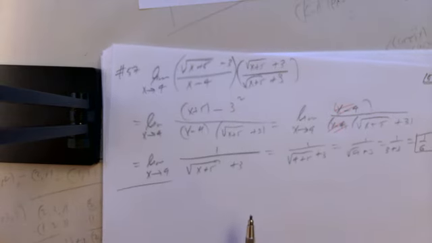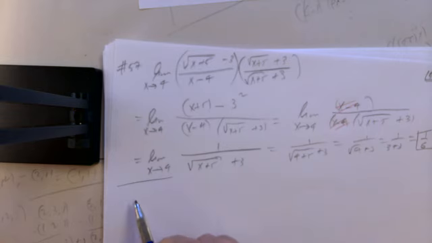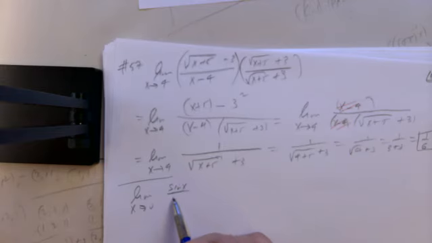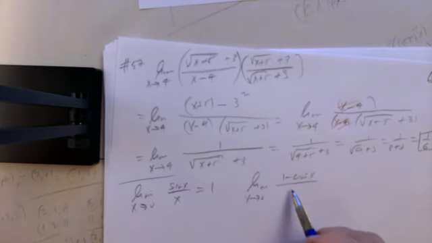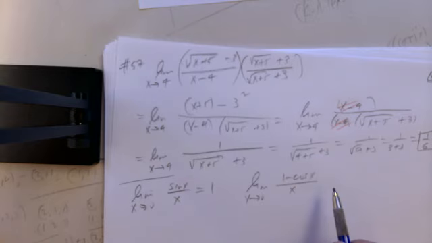Remember, we proved some trigonometric limits: the limit as x goes to 0 of sine x over x is 1, and the limit as x goes to 0 of (1 minus cosine x) over x is 0. So if we look at a problem like number 69,